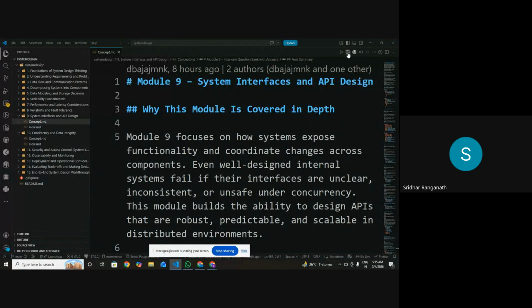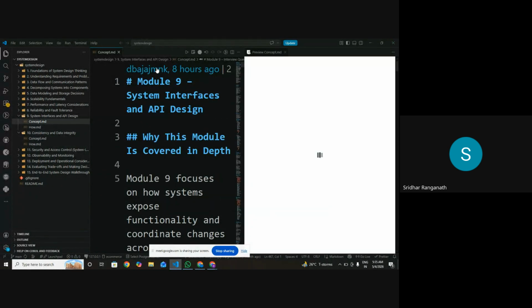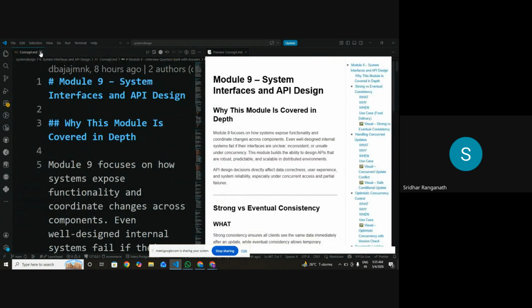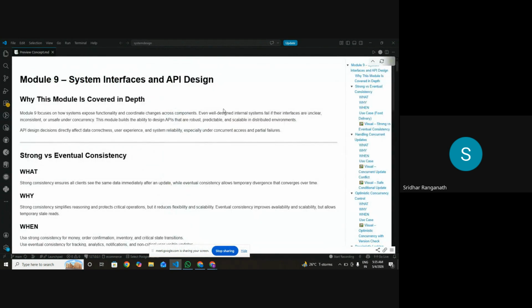What is the importance of this interface and API design? Why is it important? Interface, well, I don't know in the context, I'm not understanding, but anyway, I've heard the term and I've used the term. But API, yes, for example, API is nothing but a small routine